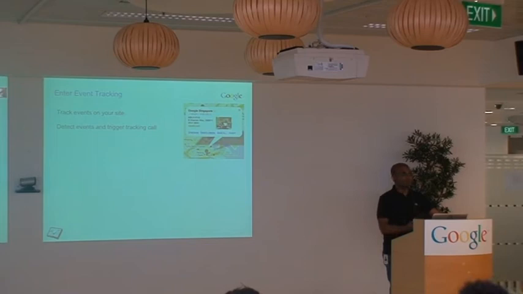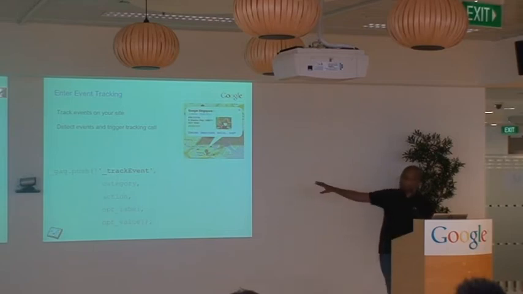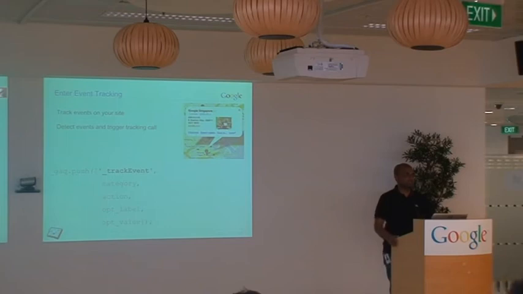So all you would need to do, if it was a JavaScript Ajax application, for example, is to capture those events as they happen. Your browser throws off events, you capture those events, and then send off a request to Google Analytics. The way our track event function works is actually fairly simple. As an event happens, let's say an on-click event in JavaScript or Ajax, you would call our GAQ push function. You would make a call to the track event function, which is doing the bulk of the work. And then we have 4 variables that you would also send to the function.